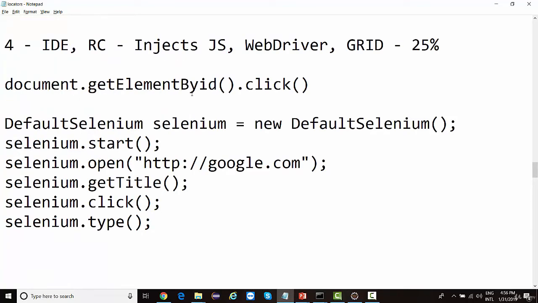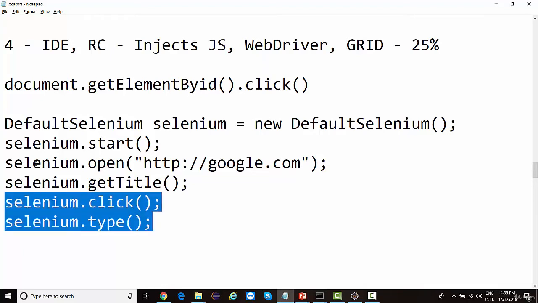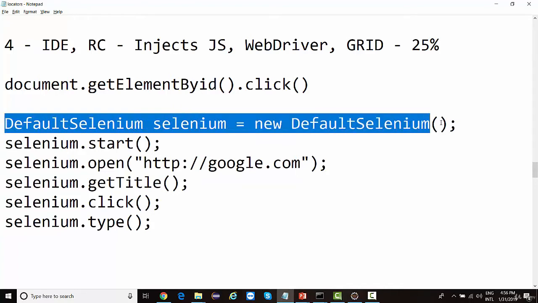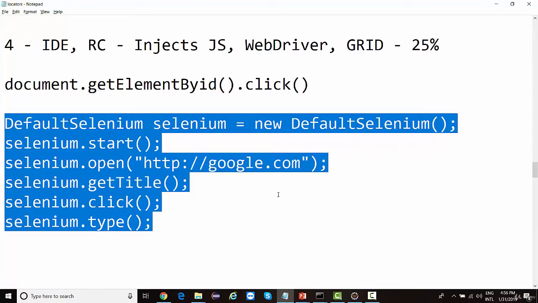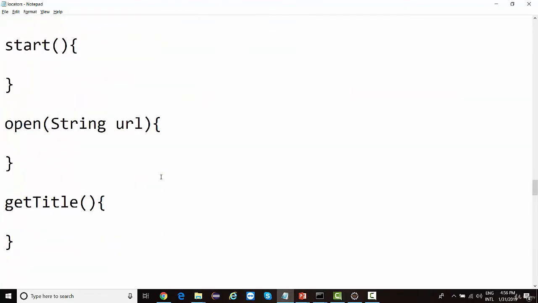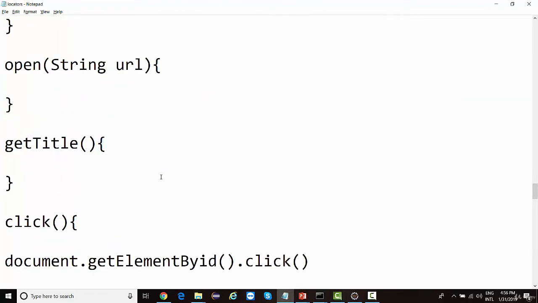It injects JavaScript, right? So as a tester, we would need to know only basic Java in order to work on Selenium: how we can just call methods from a class. The class is already designed, the methods are already developed, the functionality is already developed.